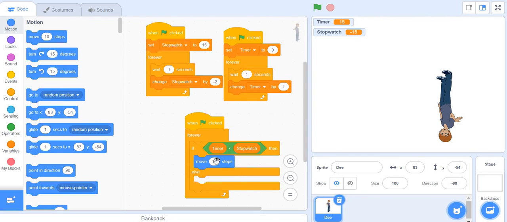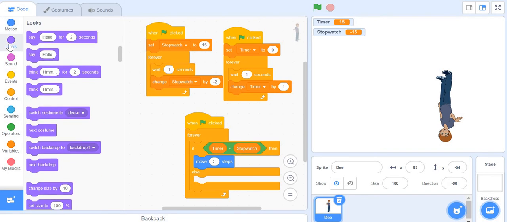We'll change that to 3 steps now. Move 3 steps, or else move 3 steps, else say